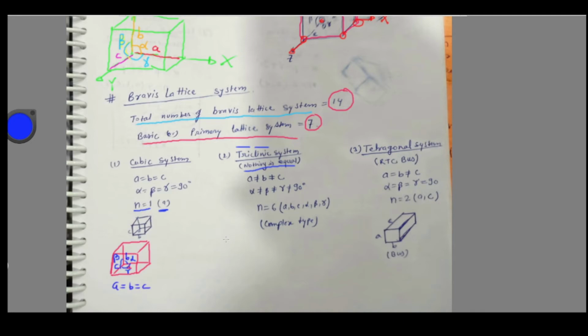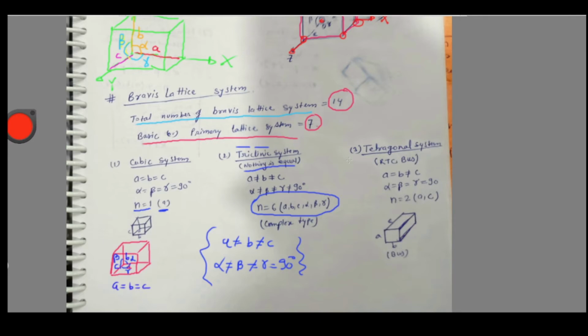In triclinic no side is equal. Tri means 3, clinic means not same. So 3 are not same means nothing is same. So a is not equal to b, alpha not equal to beta, not equal to gamma, not equal to 90 degrees. Okay, nothing is same, and the independent variables are 6. So the maximum independent variables could be 6, which we discussed earlier, a, b, c and alpha, beta, gamma, because these are not equal, so they are independent from each other.